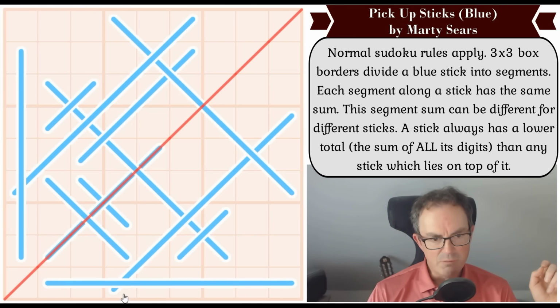Okay, and the line in row 9 is not quite the same length as the line in column 1. And there's obviously going to be slight differences in stick orientation, but apart from that, I think it's very similar. It's a very symmetrical puzzle. So,